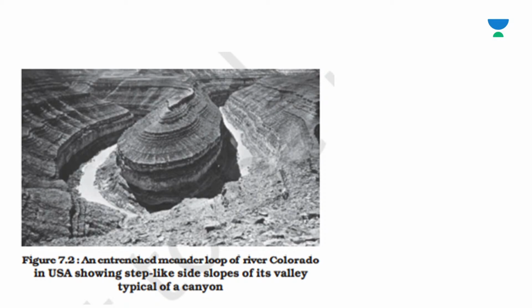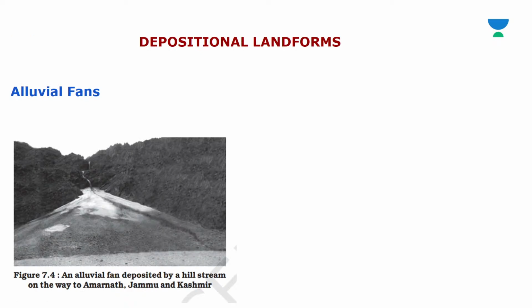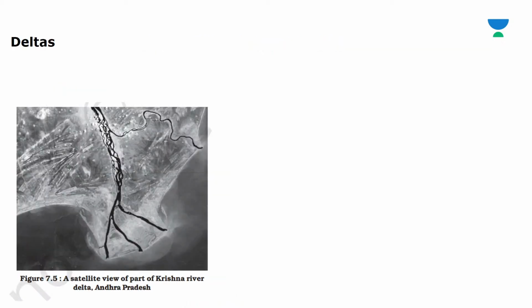Then we have discussed incised and entrenched meanders, river terraces, and then depositional landforms like alluvial fans, then deltas, floodplains, natural levees and point bars. Then meanders we have discussed in detail, and today we have covered